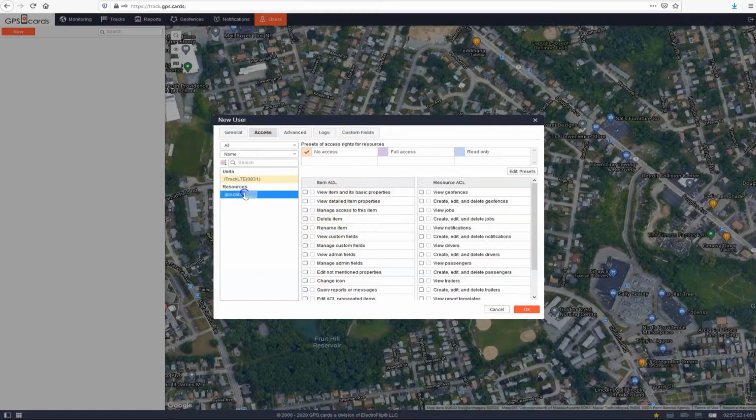And next is resources. What this is, it's a sort of bucket or a purse, if you will. So when this person creates notifications or they create geofences, it needs to go into a bucket. It needs a place to save those details. So those notifications and those geofences and those reports, they have to be in some bucket.